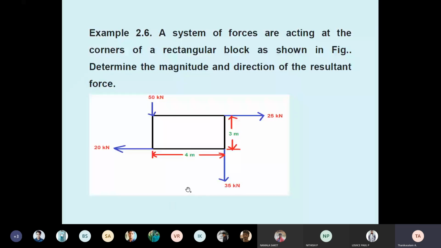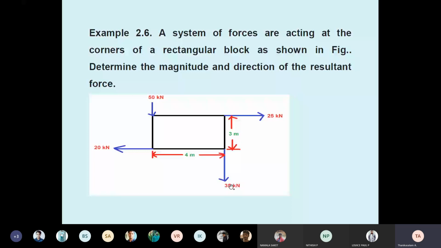The 35 also has a downward direction. Students, in this subject the plus, minus, sin theta, cos theta play a very important role. If anything changes, the total problem will collapse. Be careful. If you should write plus and you put minus, the total problem will collapse. Here no need for sin theta because it's not inclined. All are vertical, all are horizontal. So no need for cos theta, sin theta here.